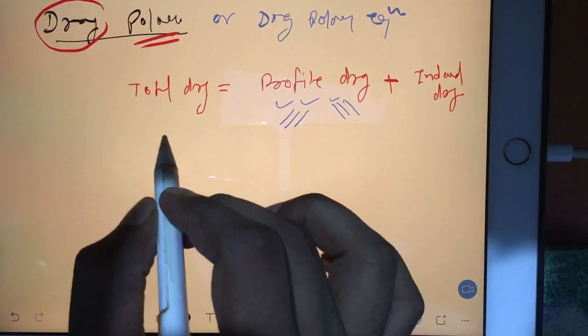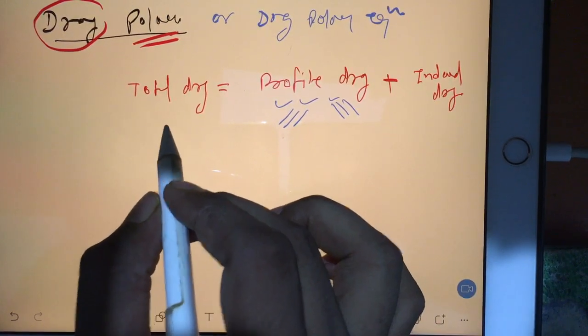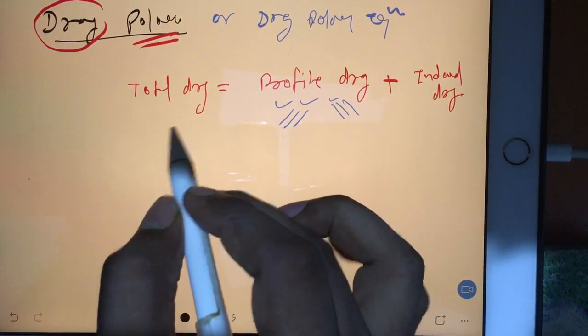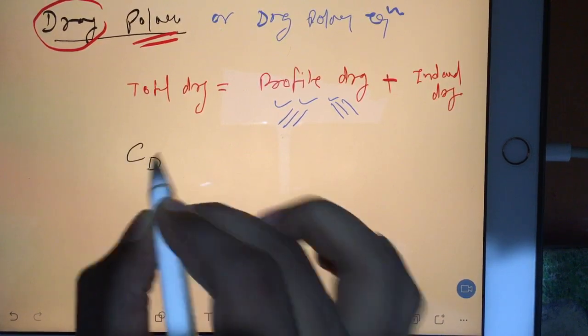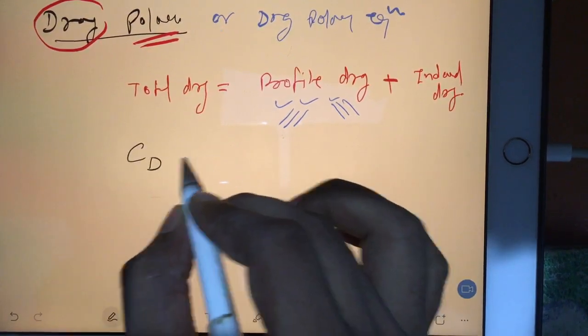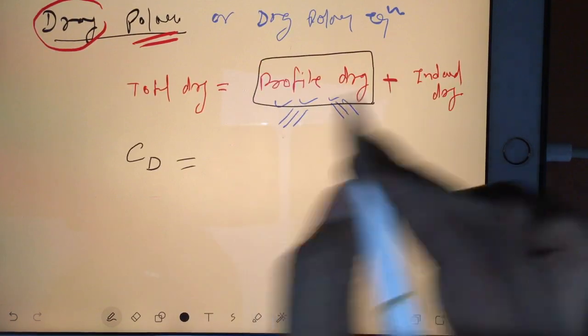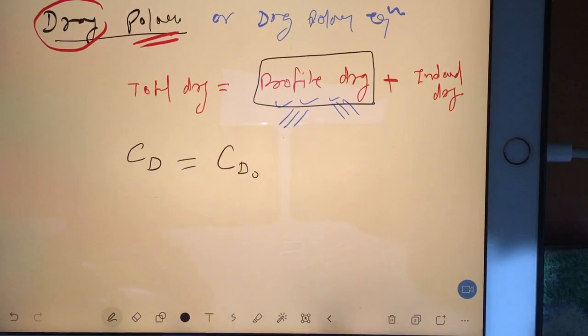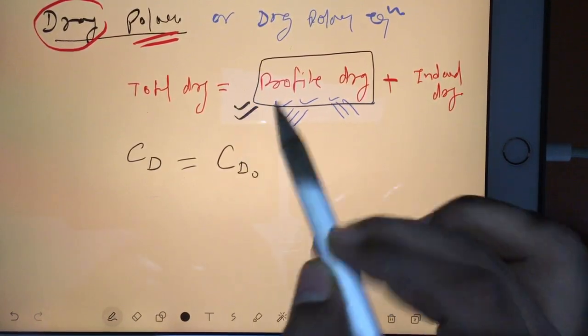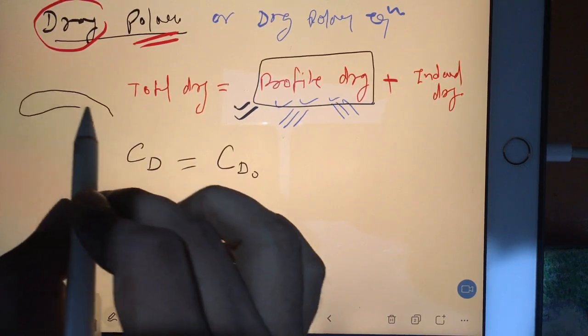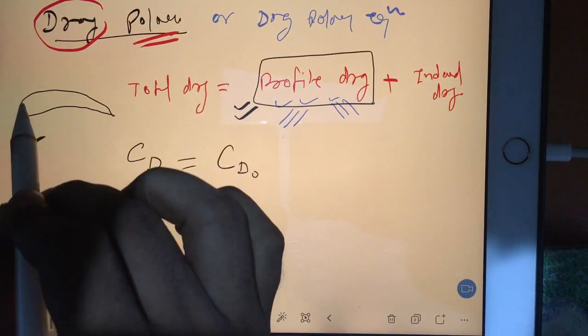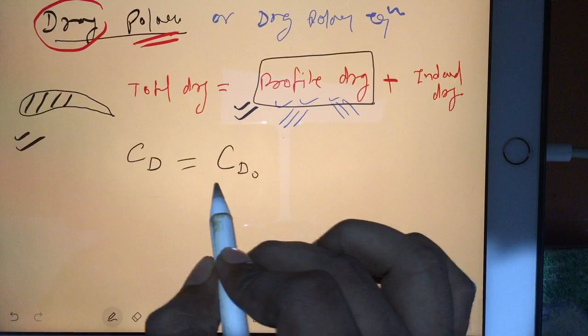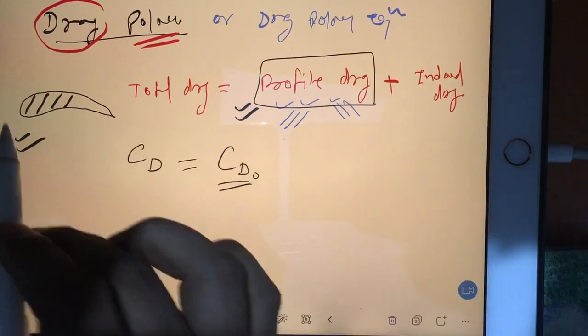So you go for total drag. So see, we will deal with our equation in terms of coefficients. So here I have total drag coefficient CD. Then I will write the profile drag. Profile drag is kind of constant drag. It means what? Once you are making your airfoil done, it means this airfoil will produce this much drag because of its shape.